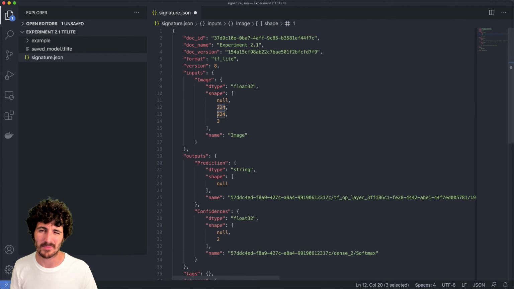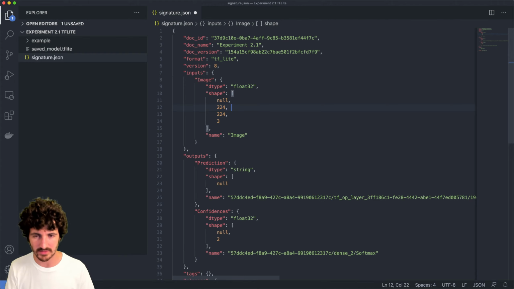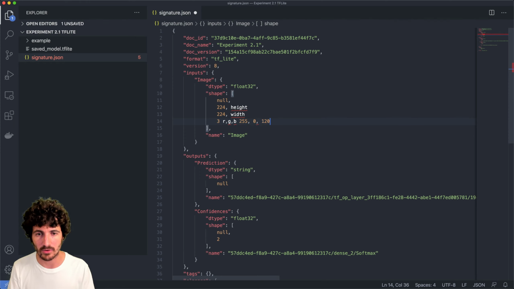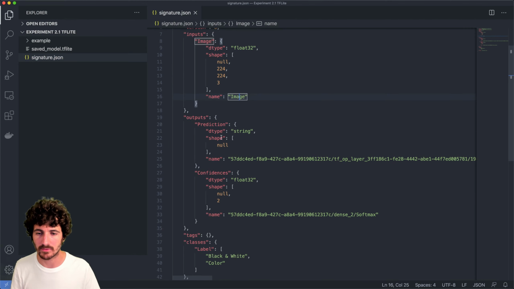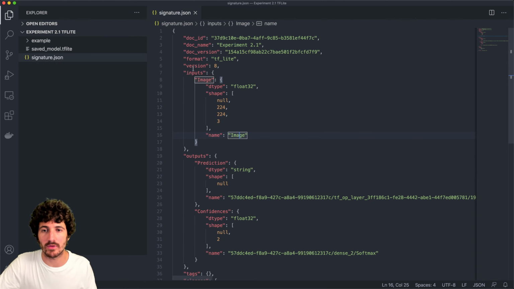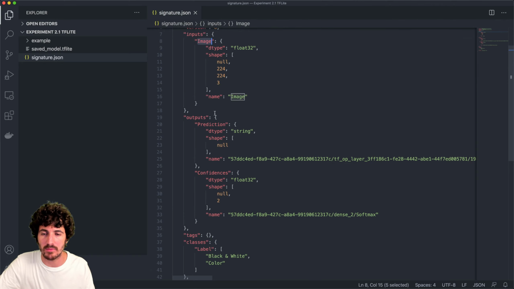This means, I think, I always mess it up, but I think this is height by width by RGB colors, right? So an image could be 224 pixels by 224 pixels, and maybe each of the channels can contain a color, right? All right, the name is image, and that's what it says here. And then when we input something of this shape with this name on the model to the input named image,